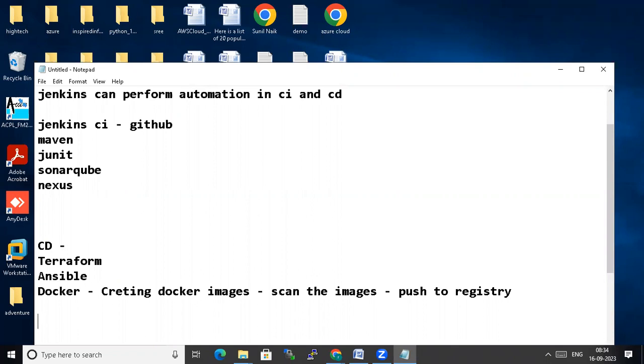Once you push to the registry, we need to deploy either in Docker Swarm or Kubernetes. In our environment, we are using Kubernetes. Maybe long back we could say Docker Swarm. On top of that, we deploy through Helm charts. We are using the Helm charts in order to deploy. Okay, so finally we are going to deploy. Once you do the deployment, we need to do